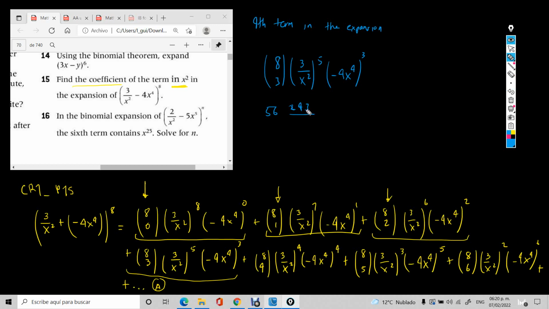Over x squared to the 5, which is x to the 10. Well, I mean, we already know what the variable part will be, right? It's going to be x squared. Minus 4 to the 3, that's going to be minus 64. And x to the 12. And then we get 56 that multiplies 243 that multiplies minus 64 that multiplies x squared. And this is, guys,